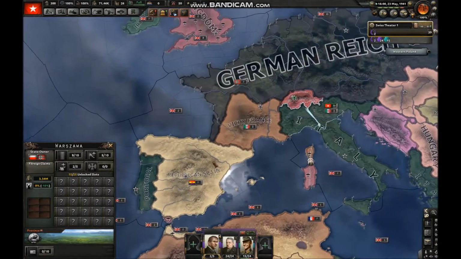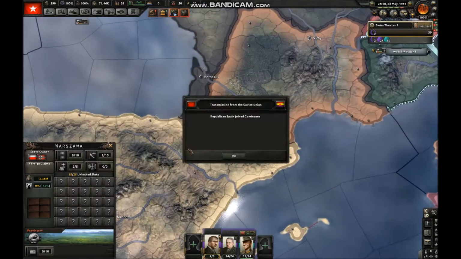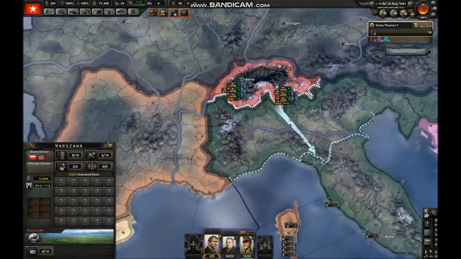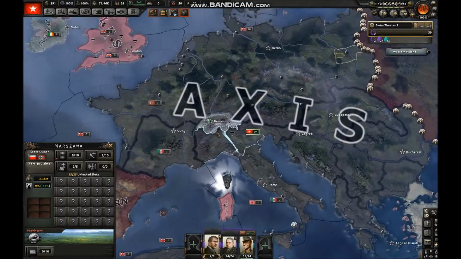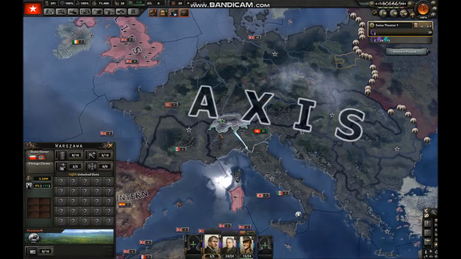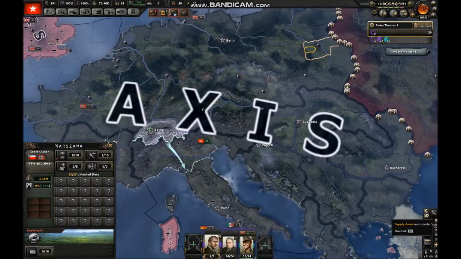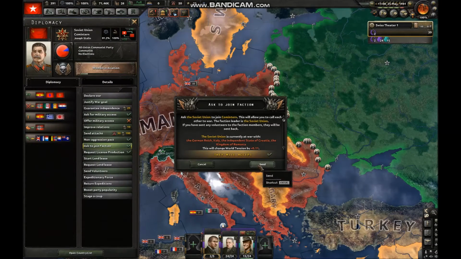All I need is Republican Spain to join the war, and then I can get this show on the road. Alright, right now. Bam. So, this is probably the best opportunity. I could wait. No, I think I'm going to do it right now. It's now or never. I could get destroyed. But,